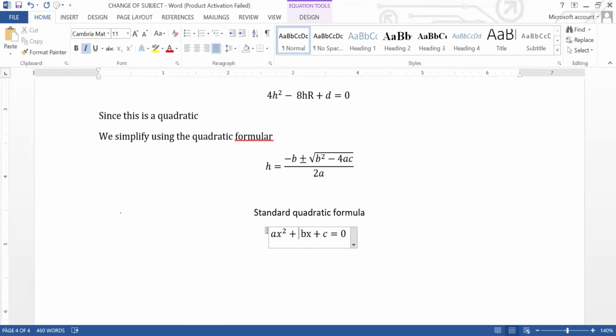That's the structure it should take. So by comparing it with this one,